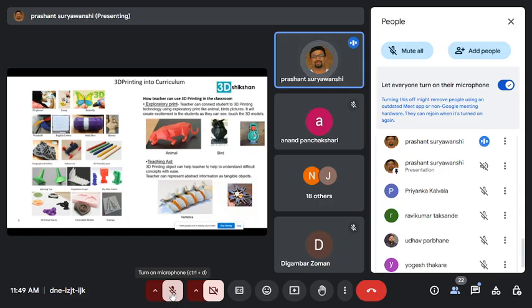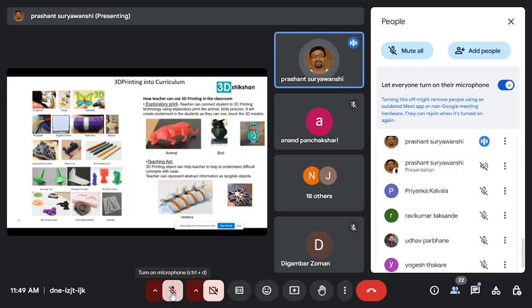Tinkercad, by the way, is very simple software. You just have to play with that software, and you can make any simple things like rectangular blocks, whatever. It is very easy to draft, and you can simply print that, which enhances your kids' or students' ability, because you are connecting them with the real world. Slowly they will start thinking how this particular trophy is built. Let me try the trophy itself.